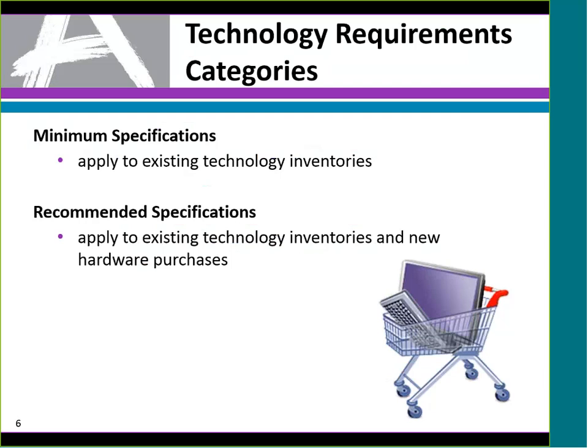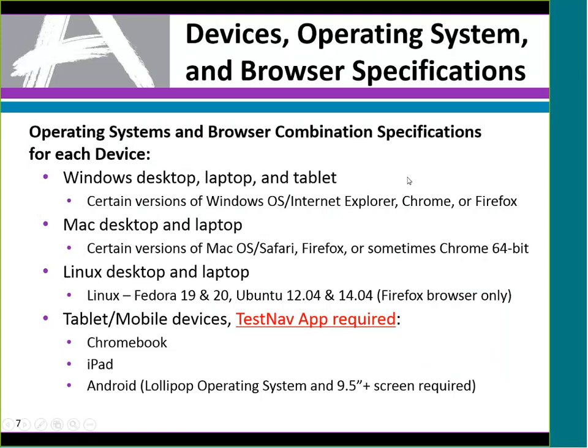And so if you're looking to upgrade existing technology, those are the specifications you want to look at when you're thinking about purchasing and whatever budgeting plans you want to put forward for the next year or two. This is all pretty standard stuff. It's again what's included in that document there.